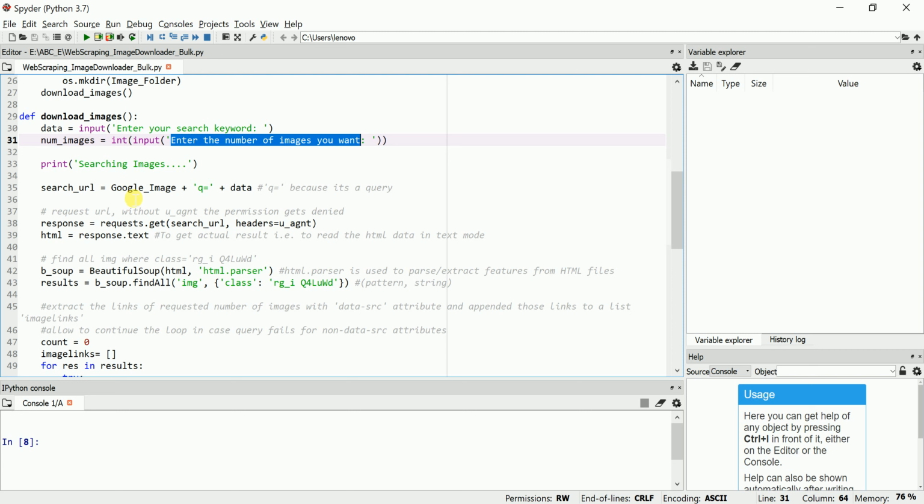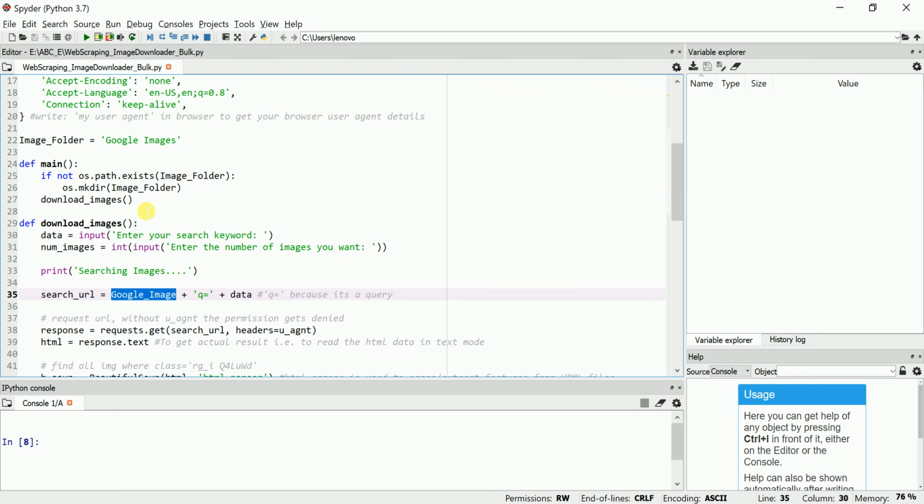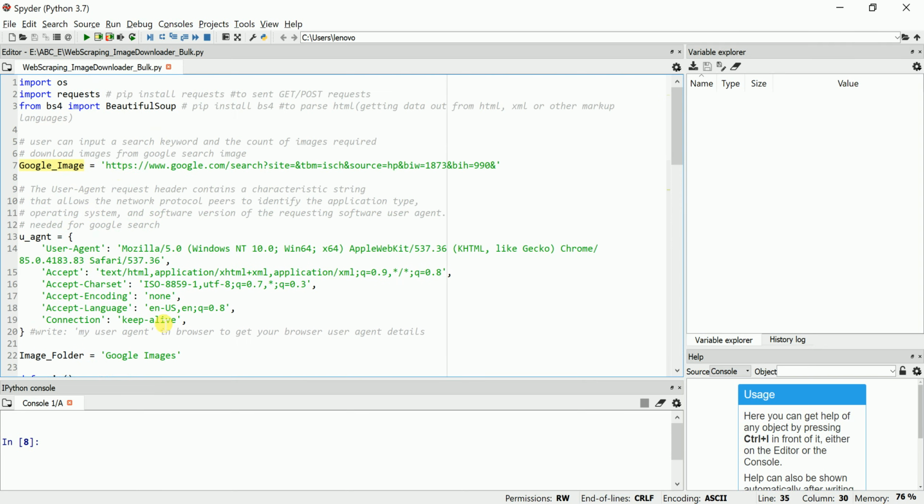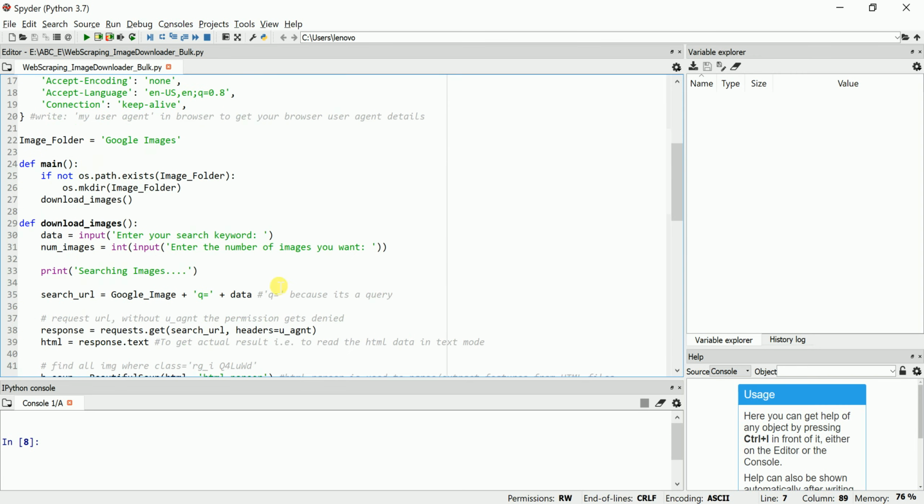And then I am putting here a query. I am taking the Google image, which is nothing but the Google link. It will first take this link, then concatenate it with q equal, which is nothing but the query. I'll show you how exactly it will work.